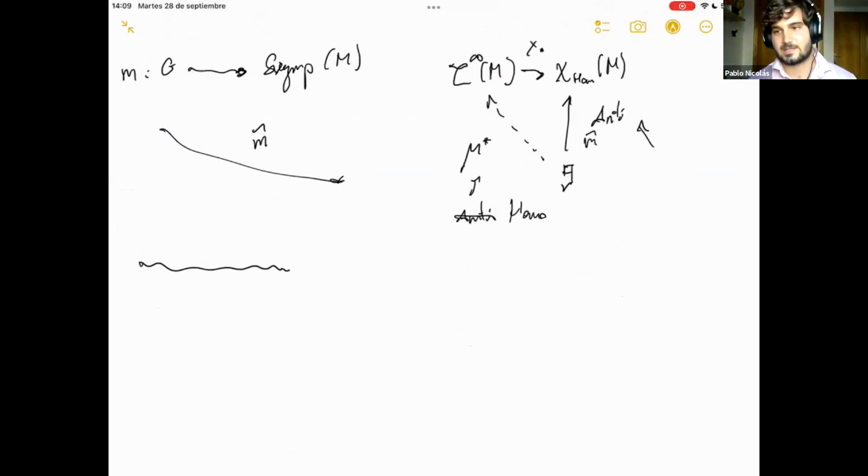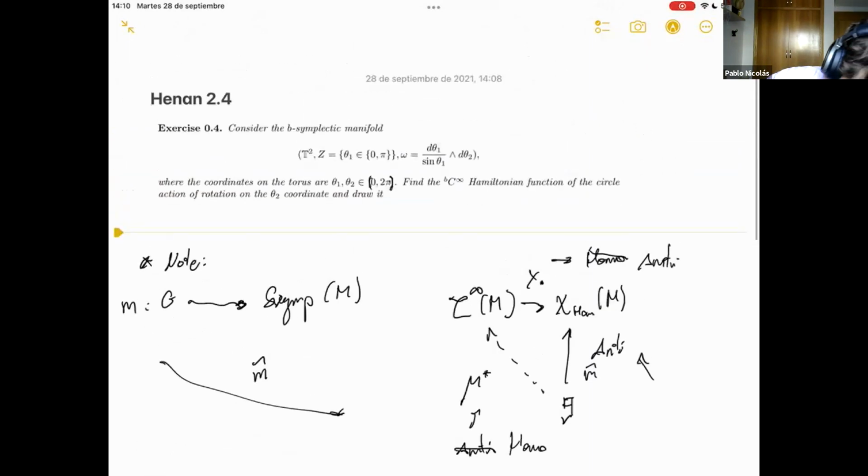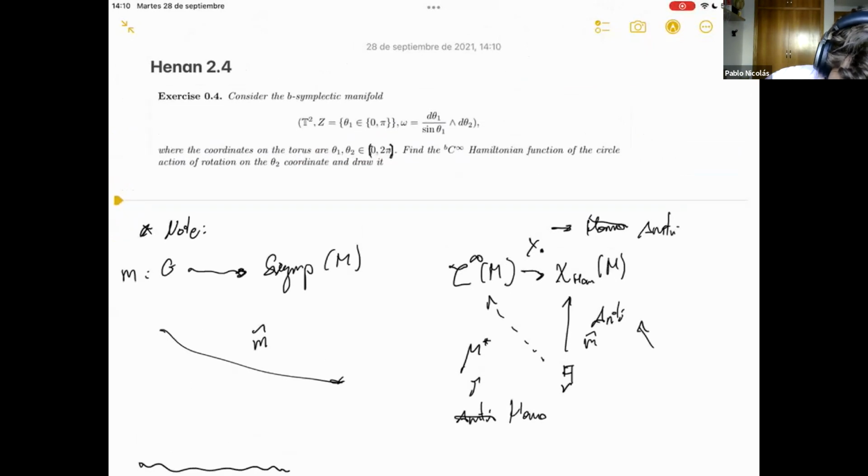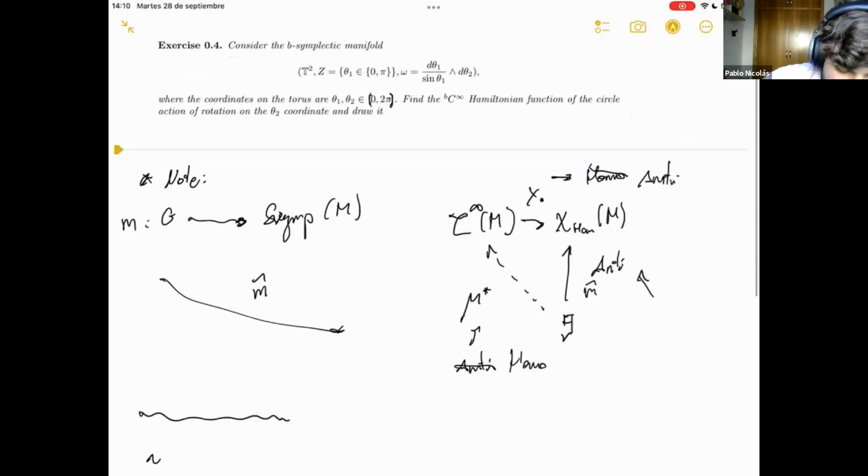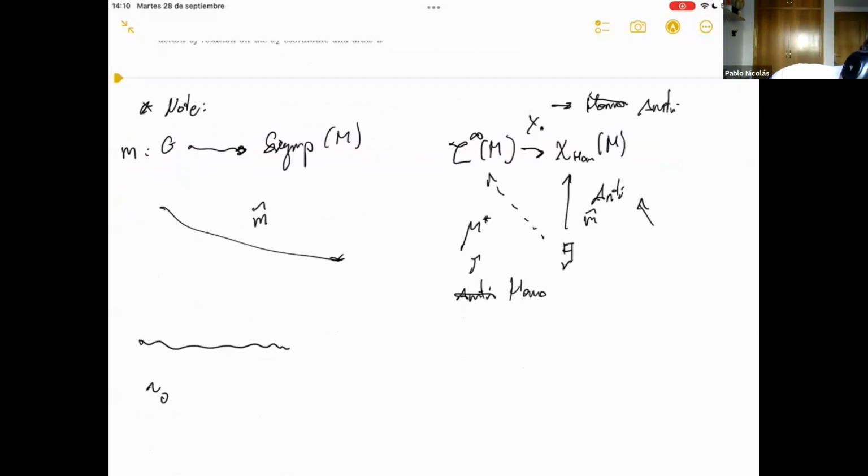I just contract. I just see how it acts on forms or on vector fields, and just from there I continue. So to see what we were asked to check, the Hamiltonian of the rotation on the θ2 coordinates, I have to contract this with ∂θ2 and omega. We are asked to see what this is. And what I do is just contract this with a vector field x in coordinates. This is omega, ∂θ2, x, which is